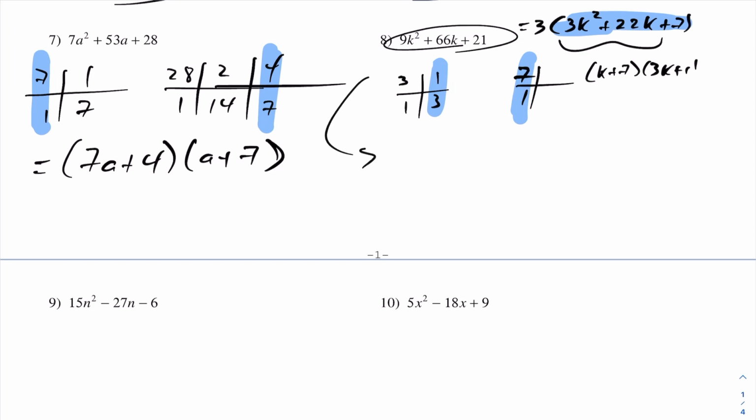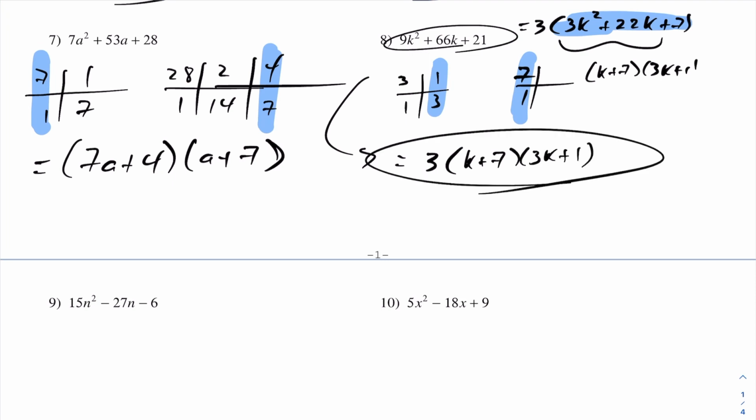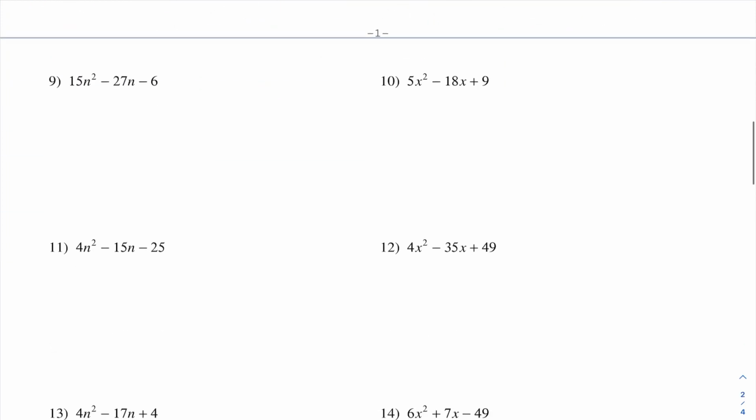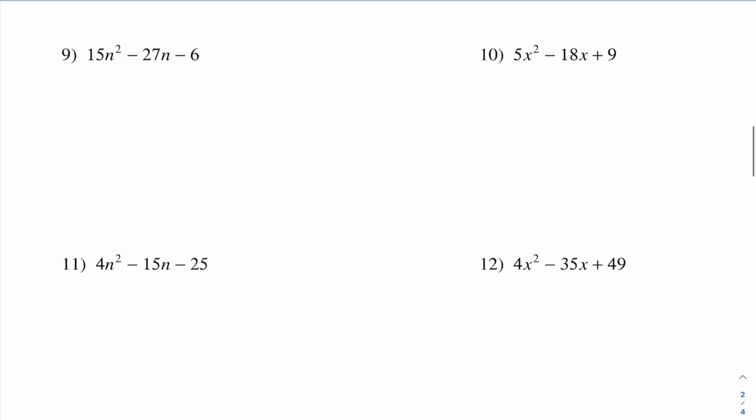So my final answer is 3 times k plus 7, 3k plus 1. And we got the same answer as we had previously. Let's take a look here. So moving on to 9 here, again, based on the lesson I had shown you from the previous question,